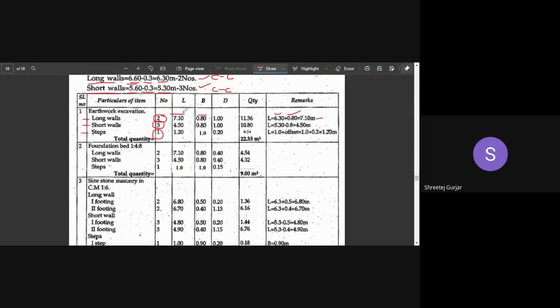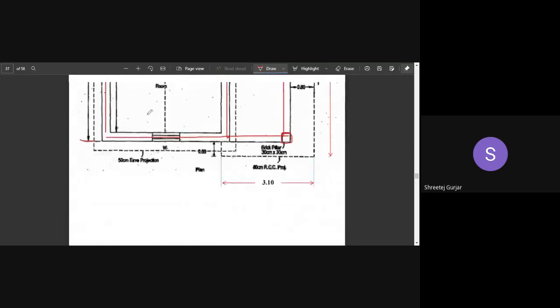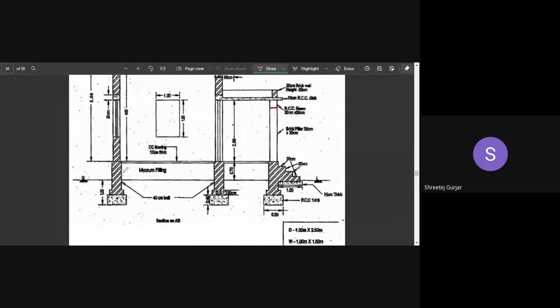Hello, sir. Yes. Sir, in the veranda there is no wall, no, sir? Only columns are there. Okay, so what is this thing for? We are considering it for excavation, no? Earthwork in excavation. So you can see here in your section, they have considered 1, 2, and 3. So we need to consider it even if there is no wall over here. But we need to excavate, right?